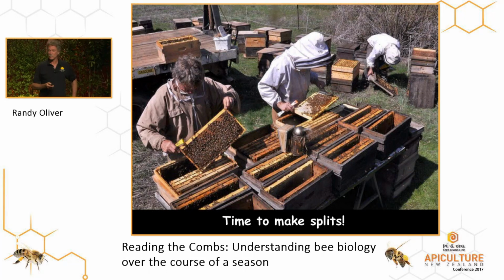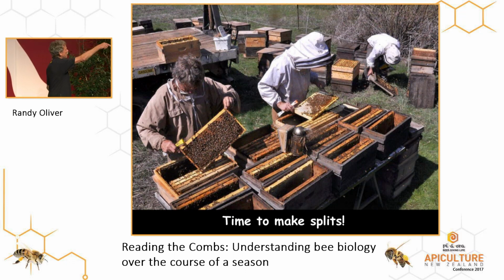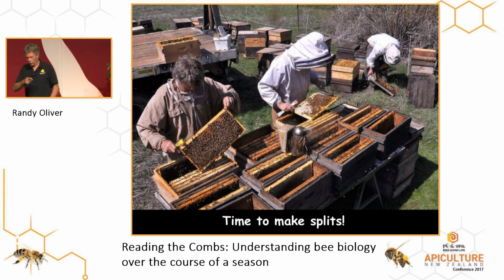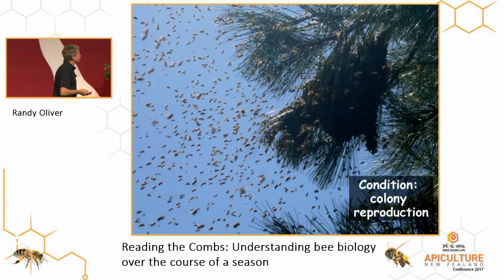And this is the time to make splits. The proactive beekeeper, which would be us, is already making splits prior to them swarming. So we bring our bees back, we put them in staging yards. Eric goes out there, he just starts popping the lids. If it's wall-to-wall bees, we split that colony up. If it's not wall-to-wall bees, he puts the lid back on, because we know when they hit that wall-to-wall, 20 frames covered with bees, they're going to start making queen cells. So we proactively prevent all of our colonies from swarming by splitting them at that time. Most of them.